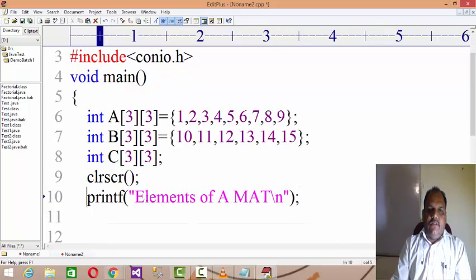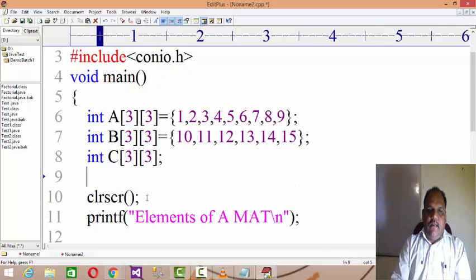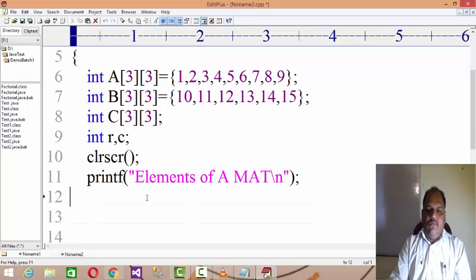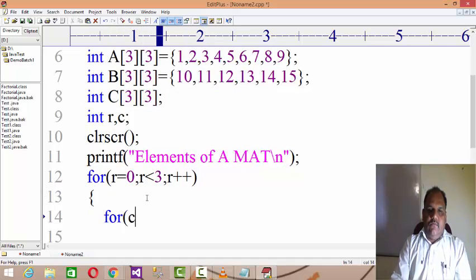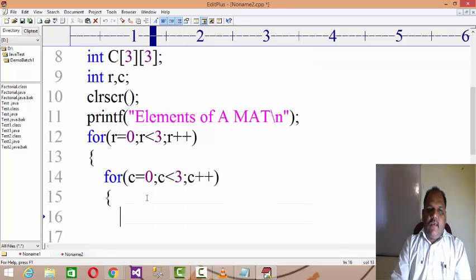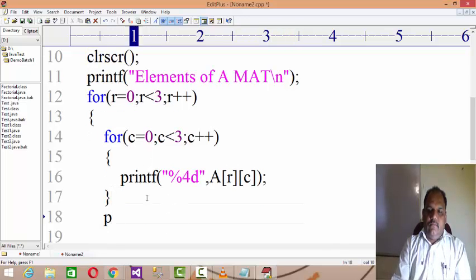Declare the variables like int r comma c, where r and c represent the rows and columns. And for r equals to 0, r less than 3, r plus plus, for column equals to 0, column less than 3, column plus plus, and then printf %4d, that is A of r of c, and then you go to the new line.